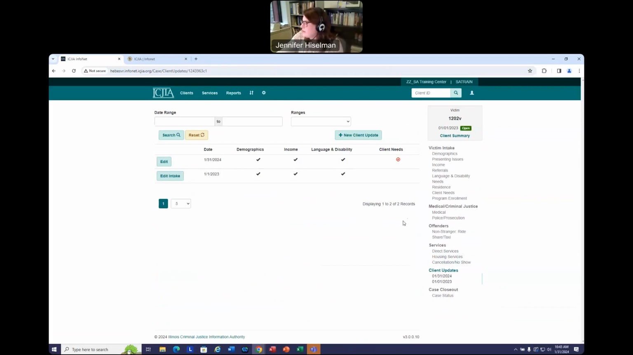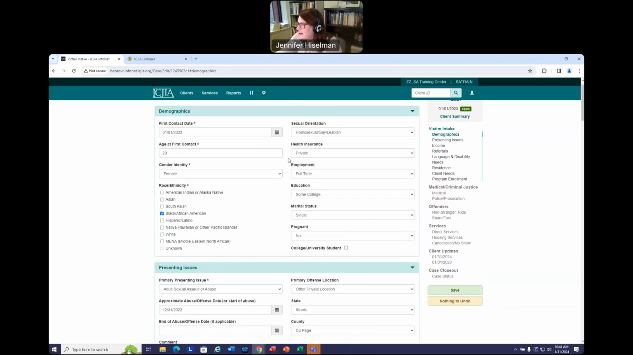Okay, so let's go to another example. Another example might be, let's say, when you entered this client's intake information, you skipped over the client needs section because you just didn't have that information. Let's say a few days later, you receive that information, and it truly does reflect what this client's needs were around the point of intake. You saw that when I view this client's needs at intake,